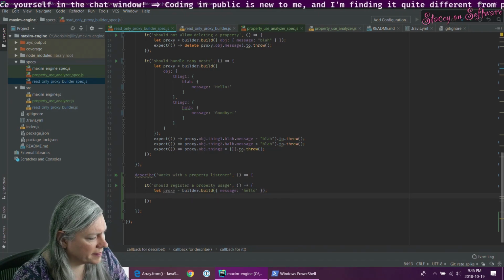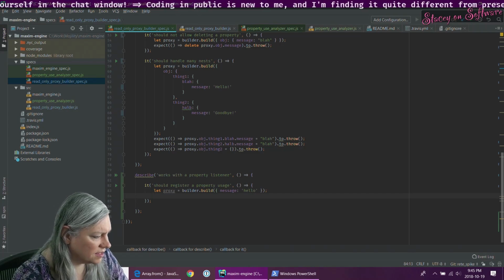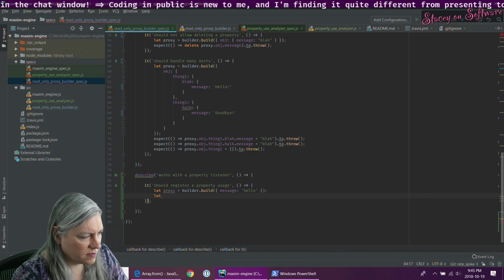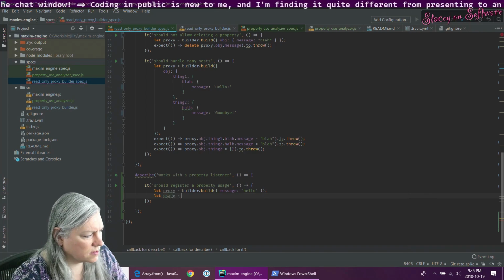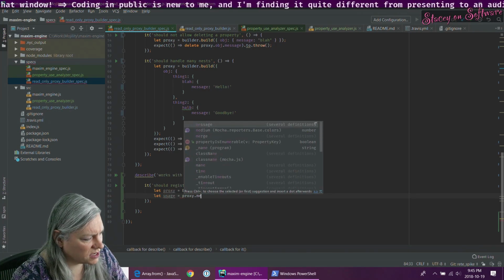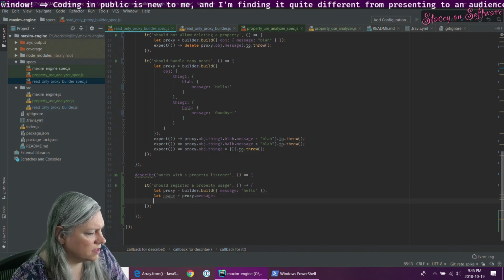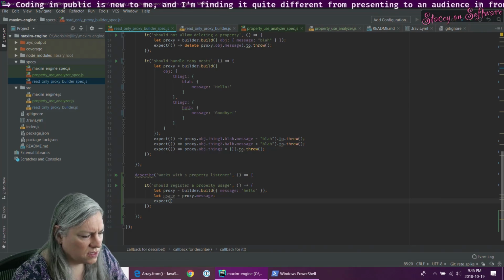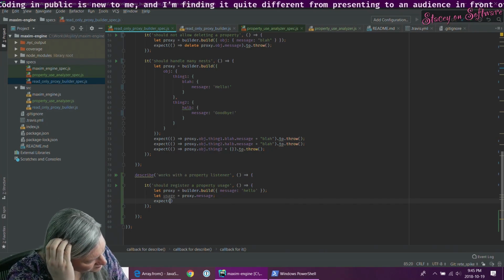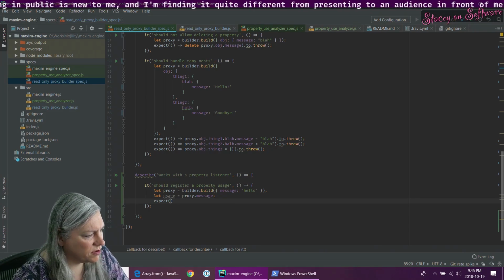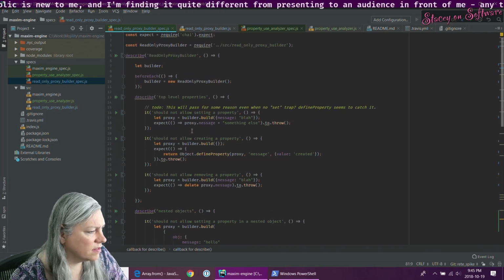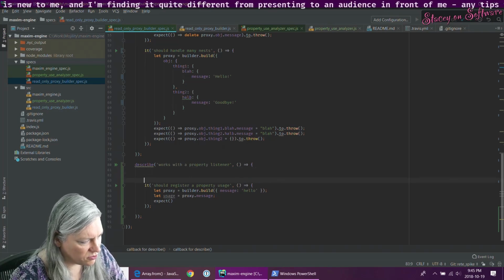And then I pull it out of the proxy, then I would expect that my builder here doesn't have... I need a builder with listener.